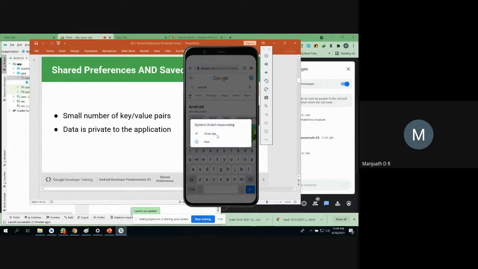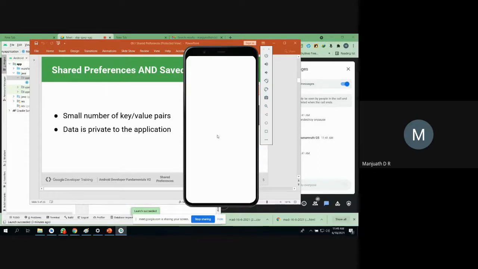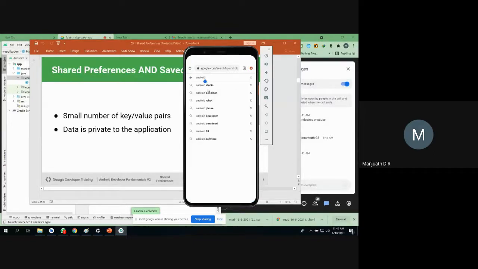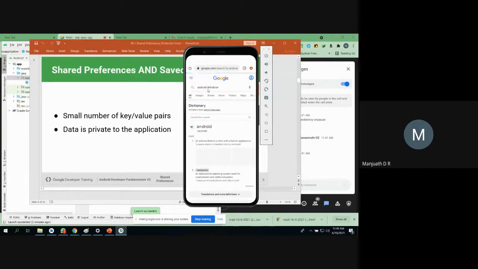See this close app, right? I will close this, it will open, and Android is still coming. The app was completely destroyed and is restarting again, yet the data is still present. How is it possible? Like that in your Flipkart also, if you enter some data but accidentally the application closes, when you open it, whatever information you entered in that field is still retained. How is it possible?